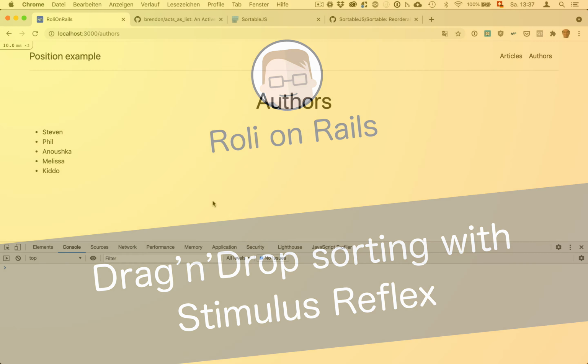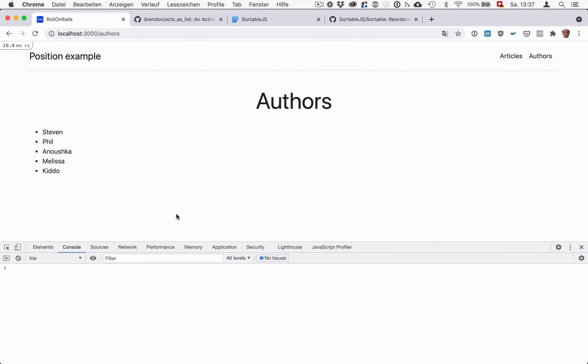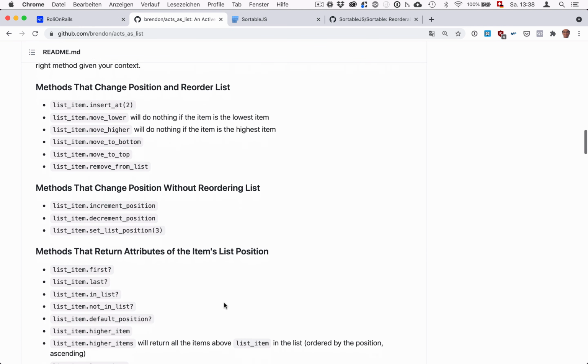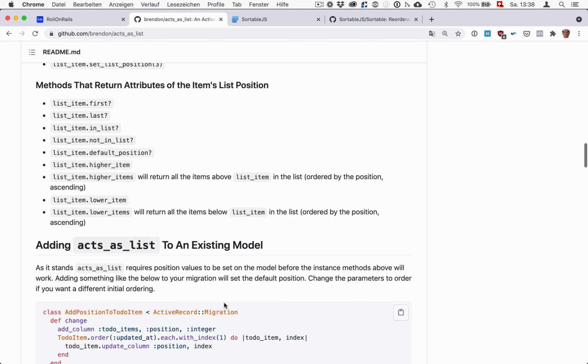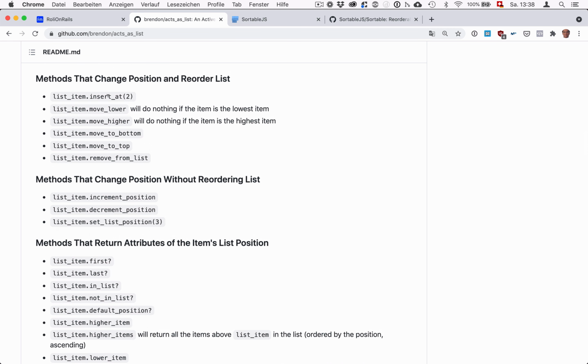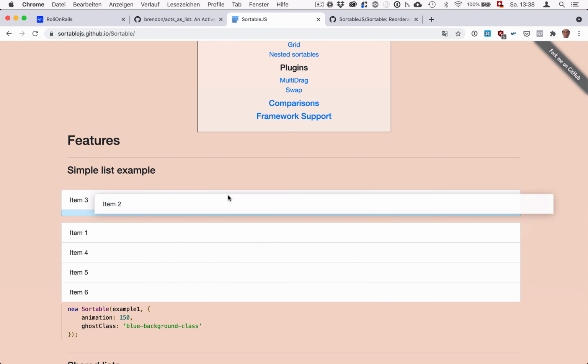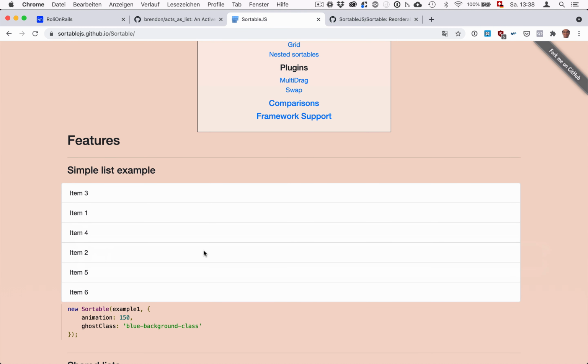I'm going to show you today how to use Stimulus Reflex to reorder stuff, rearrange lists by dragging and dropping. On one side, we're going to use the Acts as List gem. This will give us some methods to manipulate position. We can insert an item at a certain position. We can move it up, down. And on the other hand, we're going to use sortablejs to handle all the intricacies of the dragging and dropping